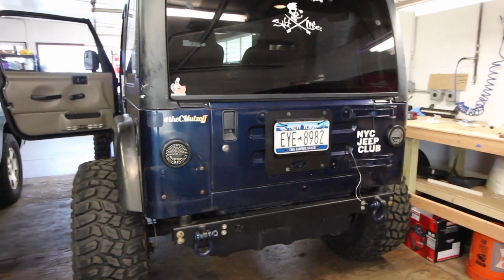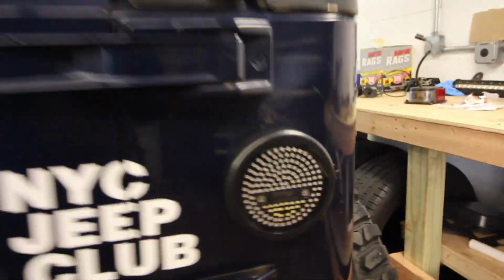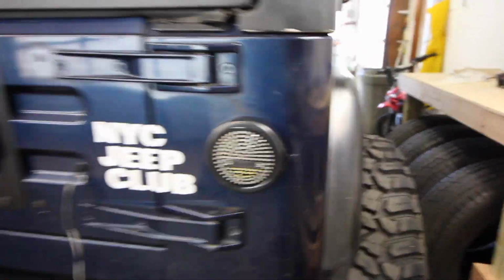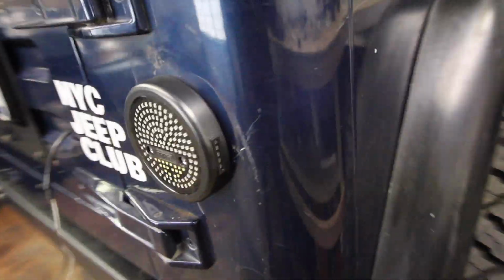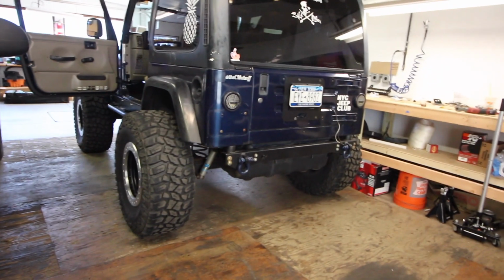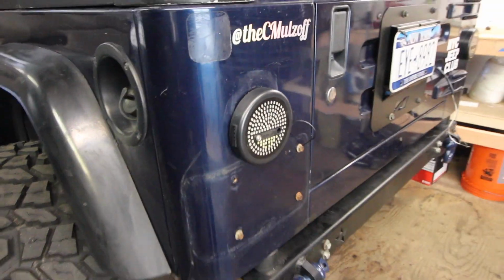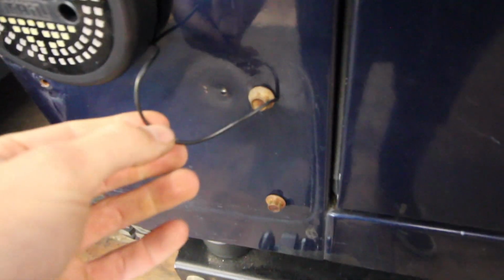Okay, so tapping the stock holes does indeed work. The bolt pattern, I guess if you want to call it, does work. Obviously this one I just got one in. This one is both. That is pretty much what this would look like installed. I really like that look. There's no more red or orange anywhere on this Jeep and it looks pretty cool. It's definitely a big change from what I'm used to, but having some brighter taillights is definitely going to be a welcome addition. What I'm dealing with now is the ground, and while I'm doing all my testing, I thought